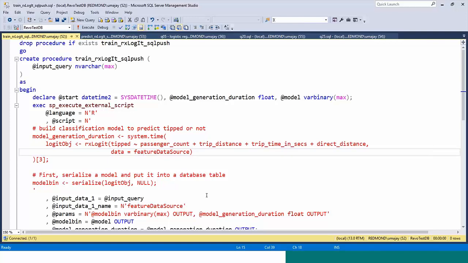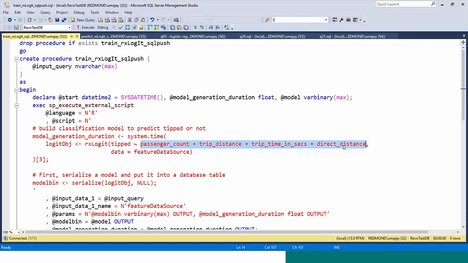The scenario is we try to predict whether somebody is going to tip a particular ride or not, and that prediction is done based on these attributes: how many passengers were in the taxi, the total distance of the trip, how long it took in seconds, and then the direct distance from point A to B,